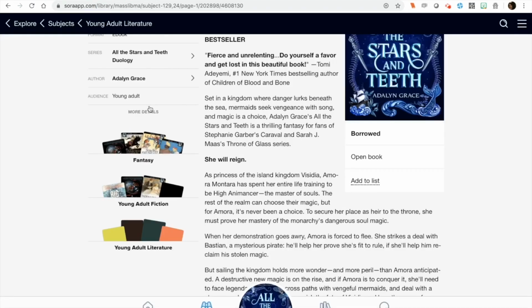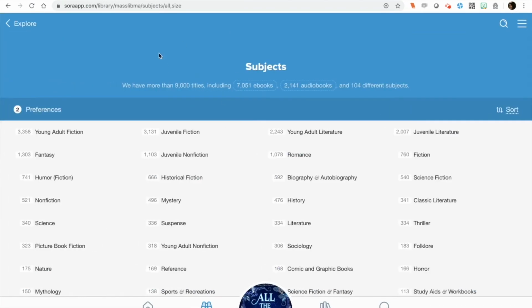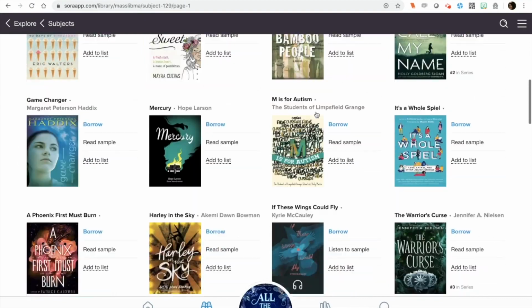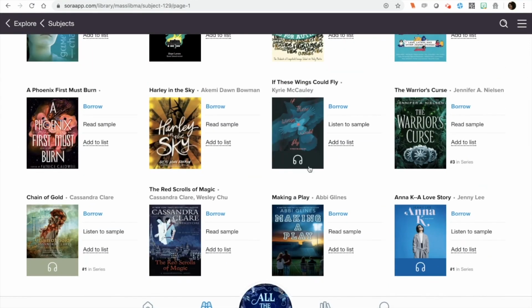I'm going to quickly show you guys how you navigate an audiobook. So let's go back where we were, and we're looking for little headphones like this right here. Okay. So if I wanted to borrow this audiobook